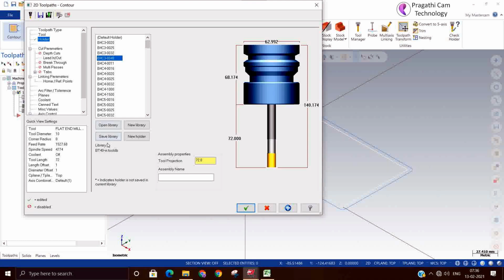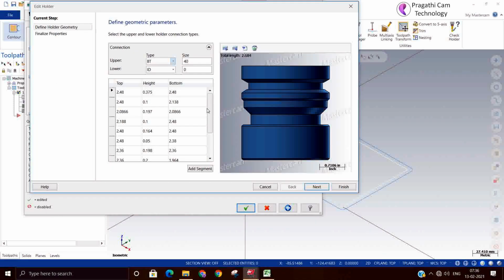Edit holder. So now you can see here, each and every segment you can define here, and if you want to do a little modification, you can do it.